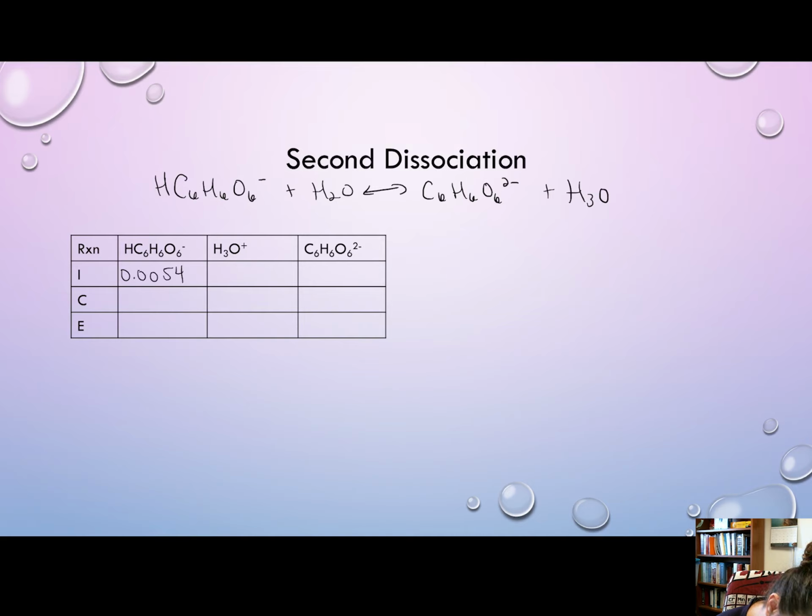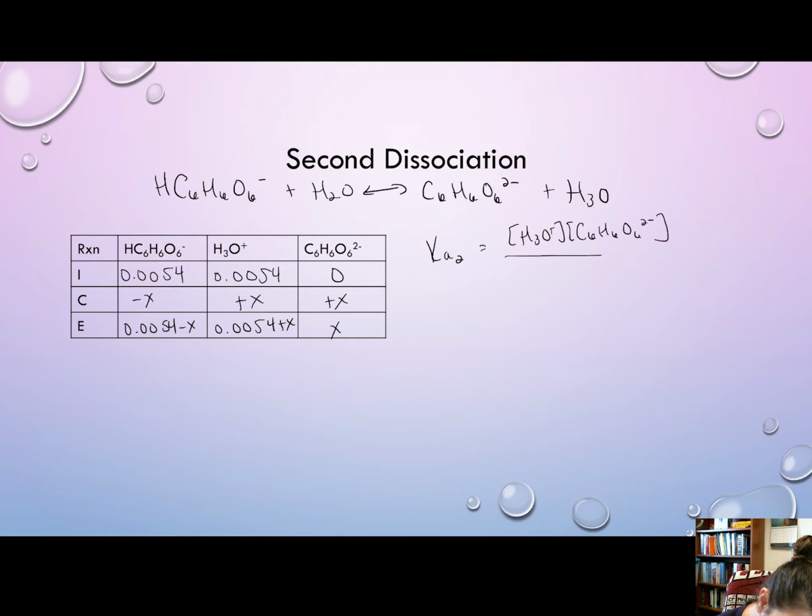0.0054, 0.0054, and 0. We'll do minus x here, plus x, plus x. I get 0.0054 minus x, 0.0054 plus x, and then x. Our Ka2 here would be equal to our hydronium concentration times C6H6O6 2 minus concentration divided by